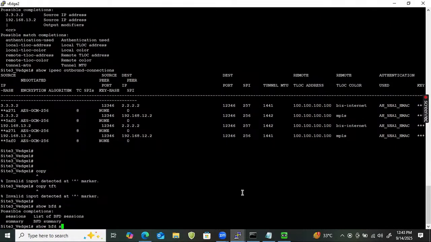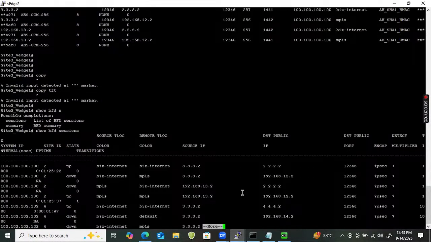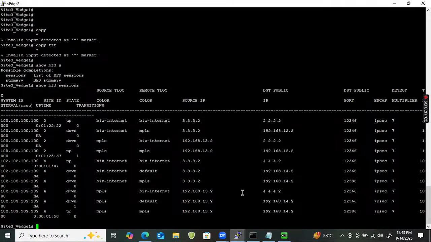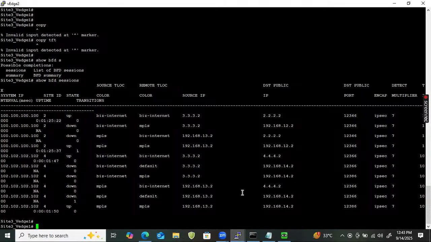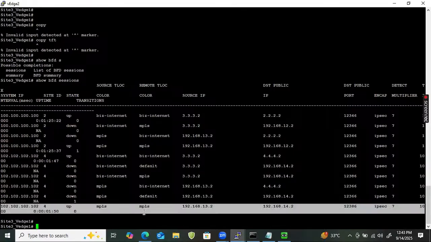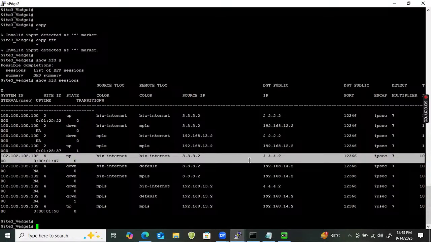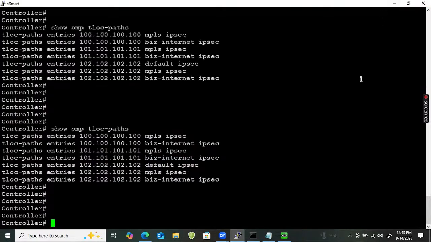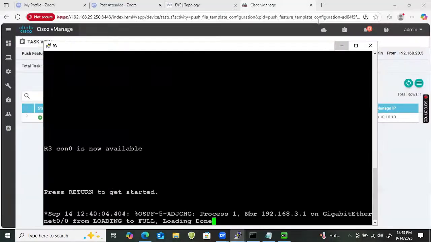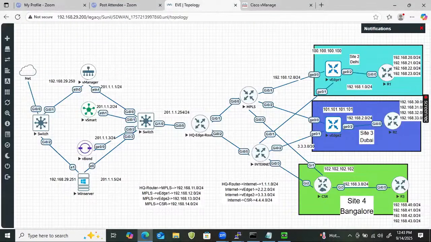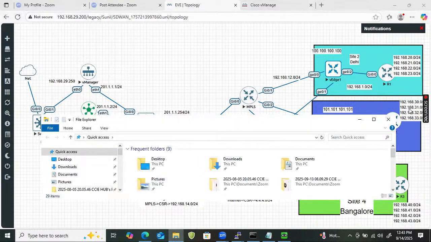So BFD session now. It's just breaking the combination, guys, right? So whatever the combination should be up, 10.22 MPLS is up, 10.22 biz internet also should be up, from one side. Similarly, for the other side also. So your route is getting extended and the IPsec tunnel is getting formed and we can reach end to end. Now, if you want to make some policies, we can create the policies. Right? So if you're talking about SD-WAN syllabus,